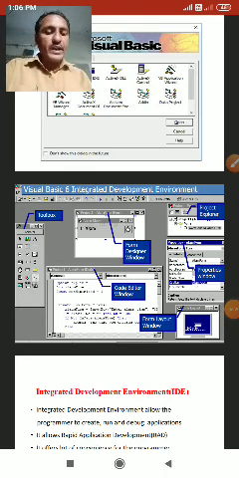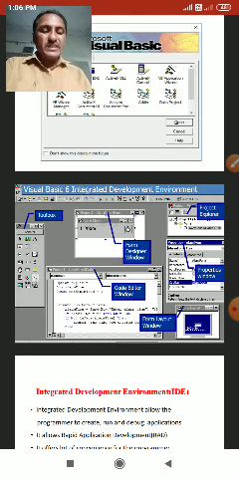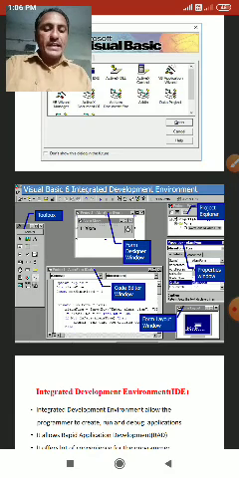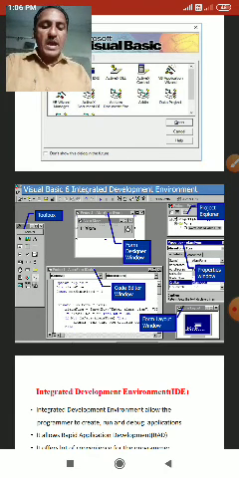Before you begin, you must think of an application that has commercial or educational value.